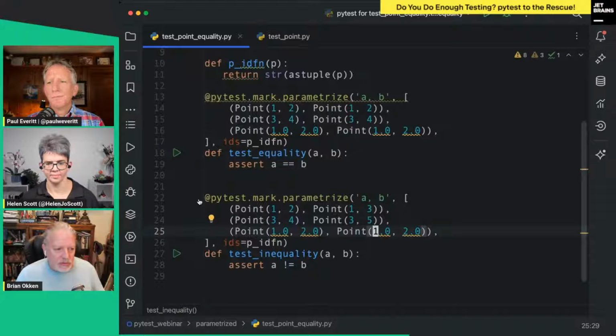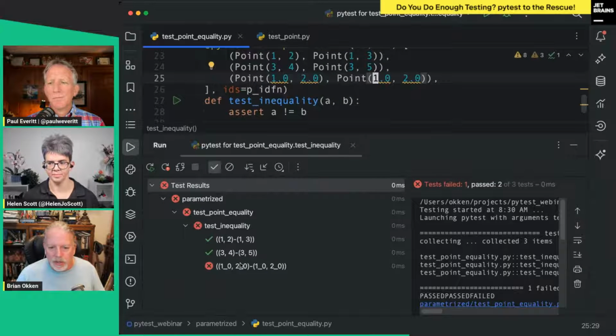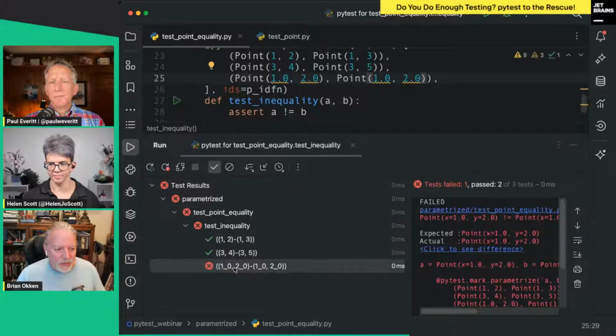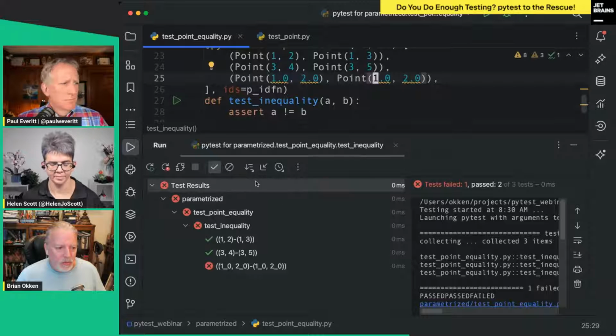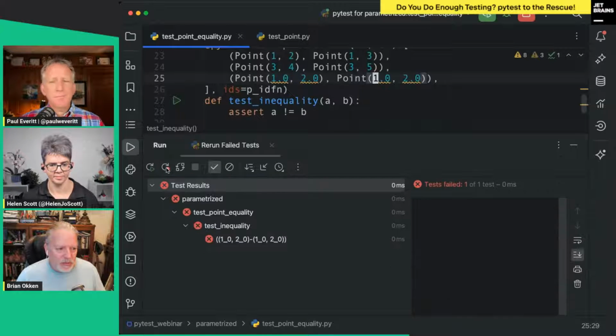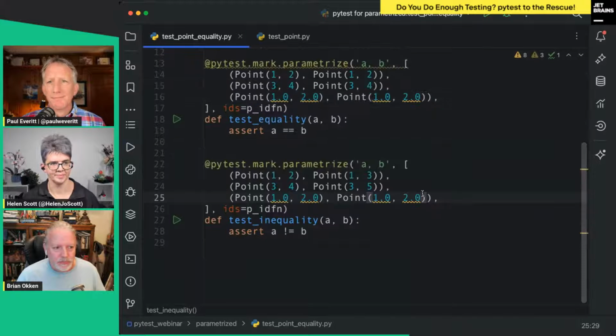That'll fail because those are not really equal, right? And we get individual test failures. That's one of the things I love about PyCharm: I can rerun an individual parameterization, which is great. I can also rerun just the failed cases, rerun failed, and it just reruns the failed ones. That's so cool. I'm really glad that got put into the user interface.